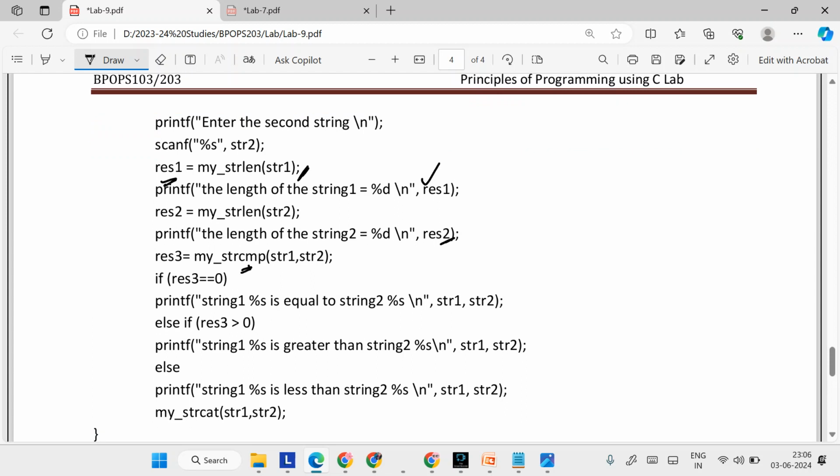That is string compare. You compare str1 and str2. If they are equal, that means both the strings are equal. If it is greater than 0, that means your string 1 is greater than string 2. Otherwise, your string 1 is lesser than string 2. Then the concatenation. Concatenation is the concatenate function on str1 and str2. Okay, so if you run the code,